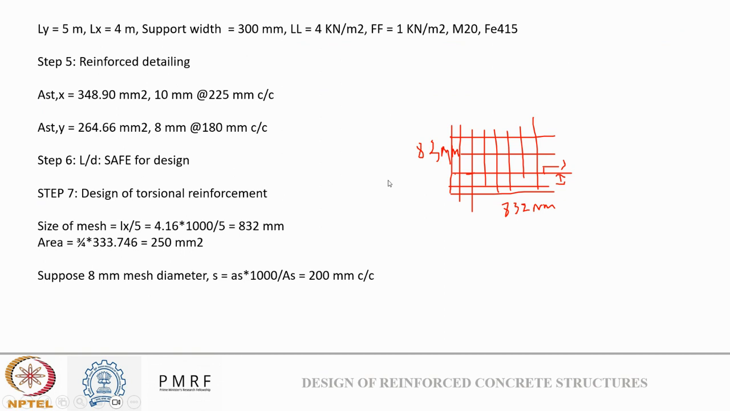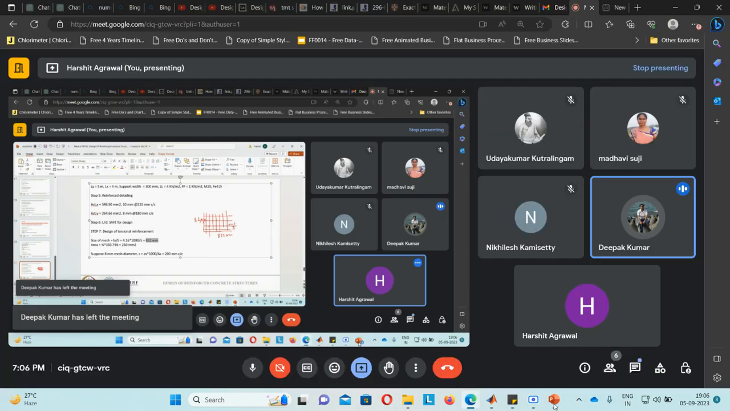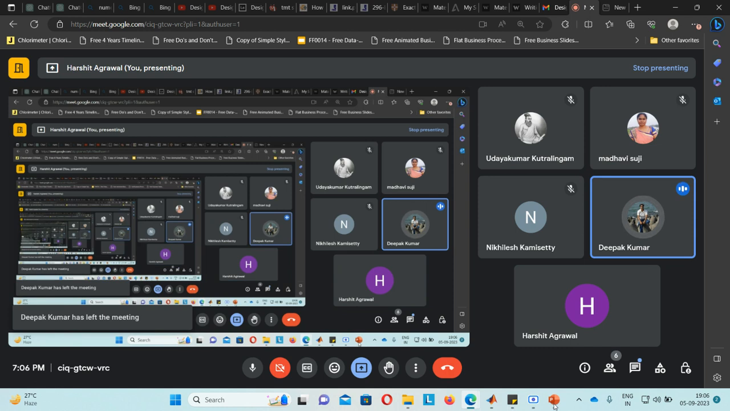So this is how you will do the reinforcement design for the edge strip. Okay, for torsional reinforcement, sir, in the minimum torsional reinforcement calculation,